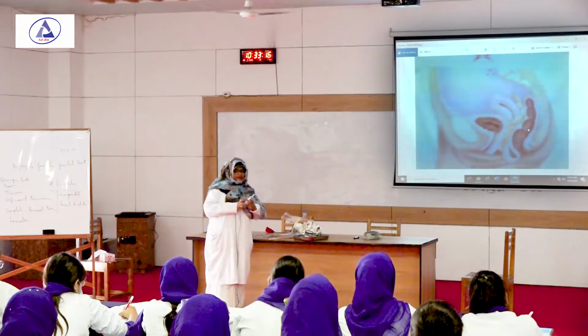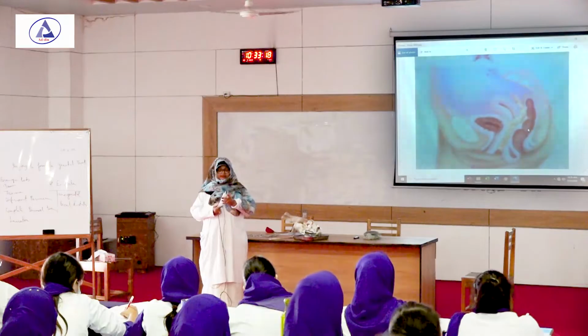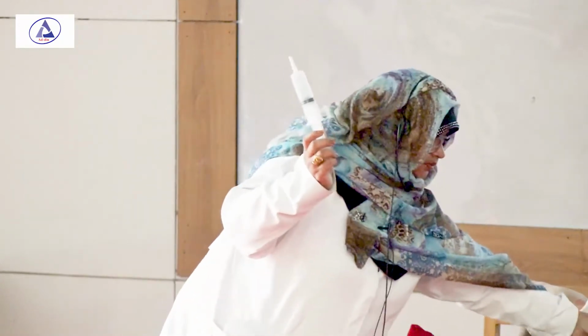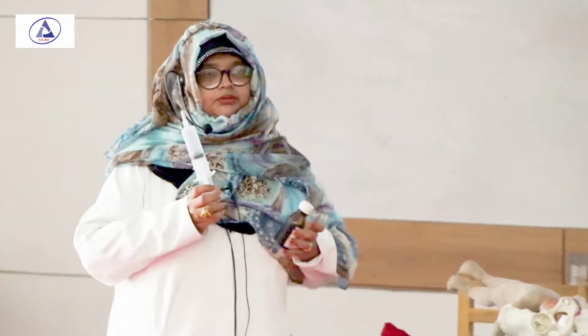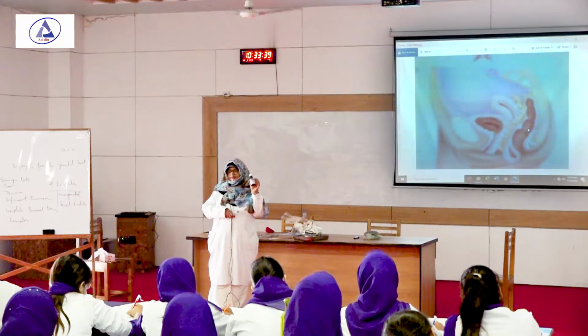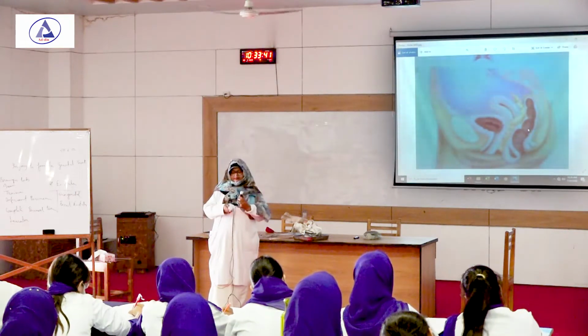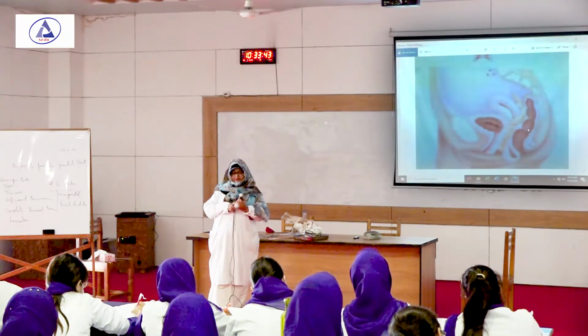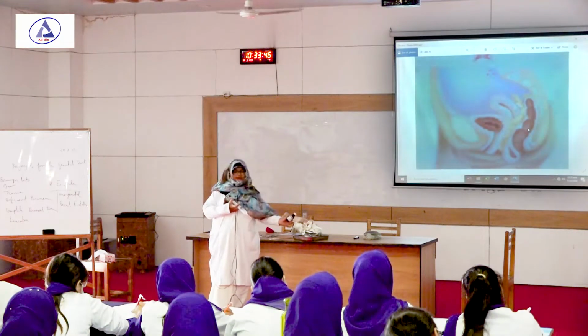And this is a syringe, but it has some different name. It is called Tommy syringe. For dye test we use this. We use this syringe for dye test for confirmation of the fistula, the site and size of the fistula. And this dye is methylene blue. Methylene blue we dilute, and then I will show later, we will push it through the syringe, through the catheter into the bladder,